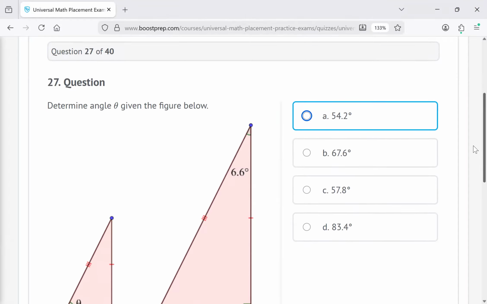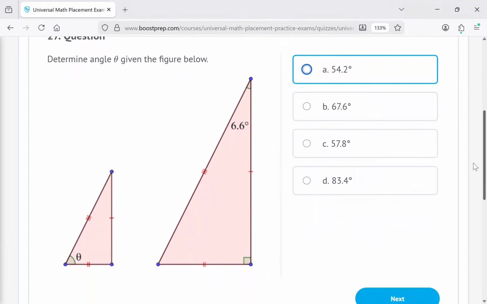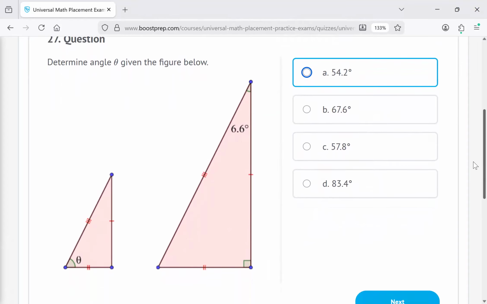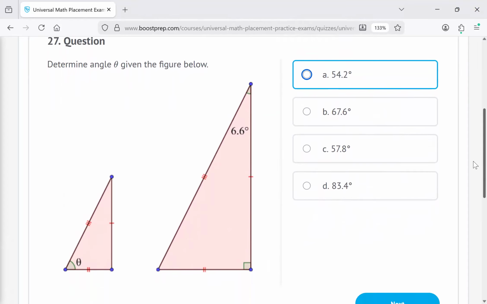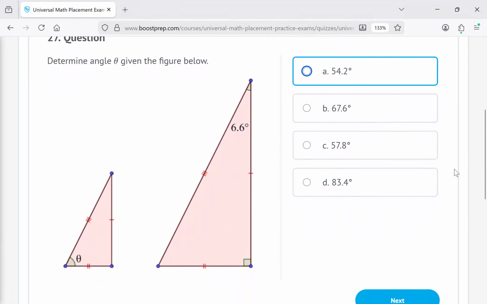Determine the angle theta given these two triangles. Did you know that these two right triangles are similar? They're not congruent, they are similar. And how do I know they're similar? Because all the angles are congruent. So you see this tick mark? That means this tick mark is congruent with this tick mark. And then do you see these two tick marks? That means that this,